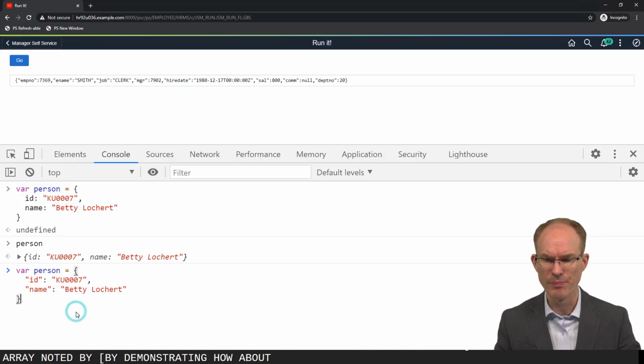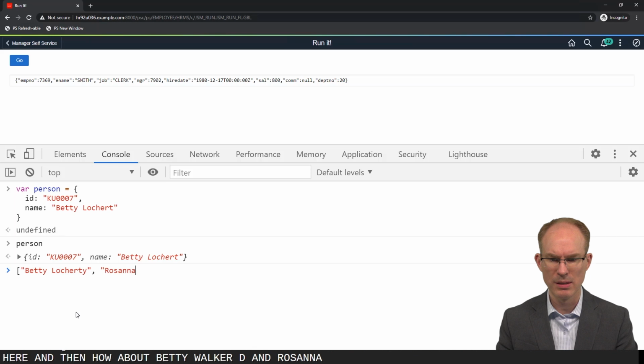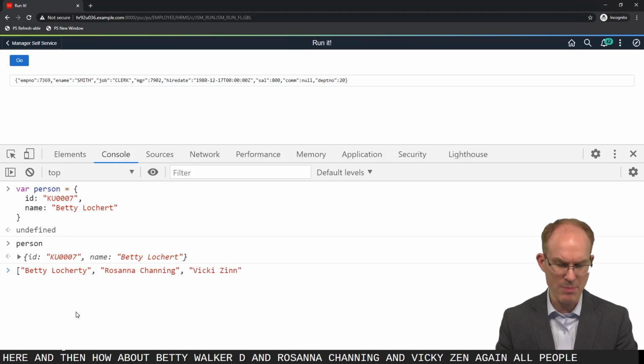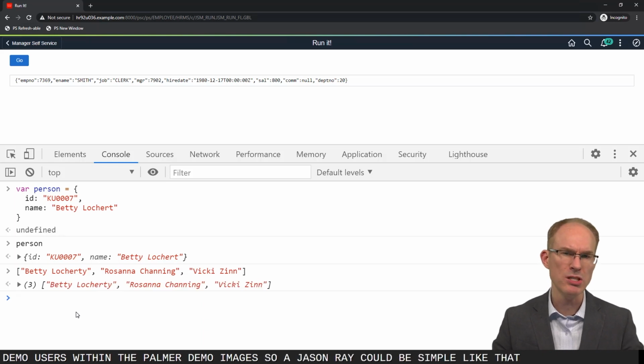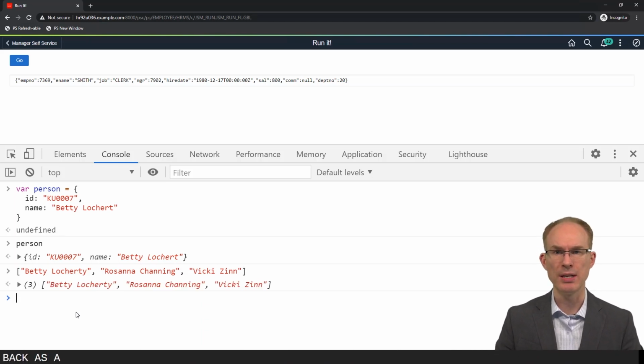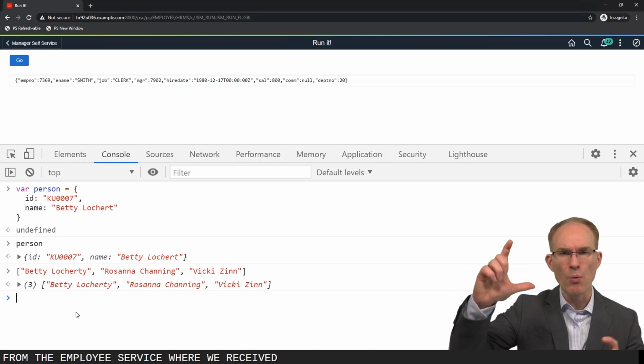How about an array of names? So let's create our opening bracket here, and then, how about Betty Lockerty and Rosanna Channing and Vicky Zin. Again, all PeopleSoft demo users within the POM or demo images. So a JSON array could be simple like this, being passed back as a REST response, or it could be more complicated like the one we received back from the employee service where we received an array of nested